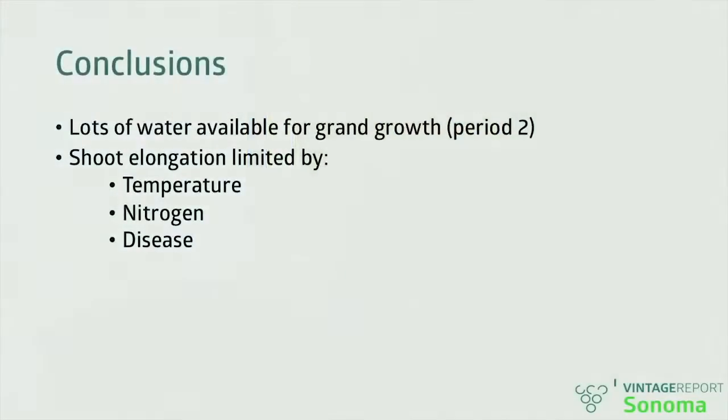So in conclusion, when we are going to try to decipher the potential for growth, the potential for high yield or quick maturation, we need to know that what's going to drive the shoot elongation rate is not going to be limited by water. It's going to be limited by temperature accumulation, nitrogen accumulation, or disease pressure. So, because of that, let's now look at heat accumulation by looking at temperature profile cumulated, again, over all the regions, but slicing the high heat accumulation sites into 2 categories.